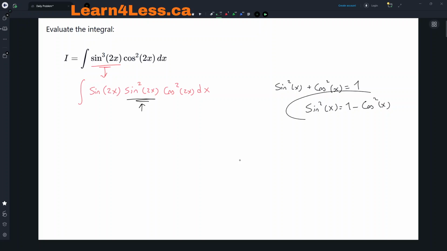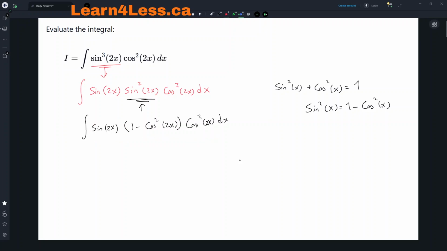If I apply this identity to this part, I will get 1 minus cosine squared. This is 2x, so it would be the same 2x. So overall, the whole integral would be sine of 2x, 1 minus cosine squared of 2x, multiplied by cosine squared of 2x dx. And now we have all the terms in terms of cosine except one, which is perfect for using